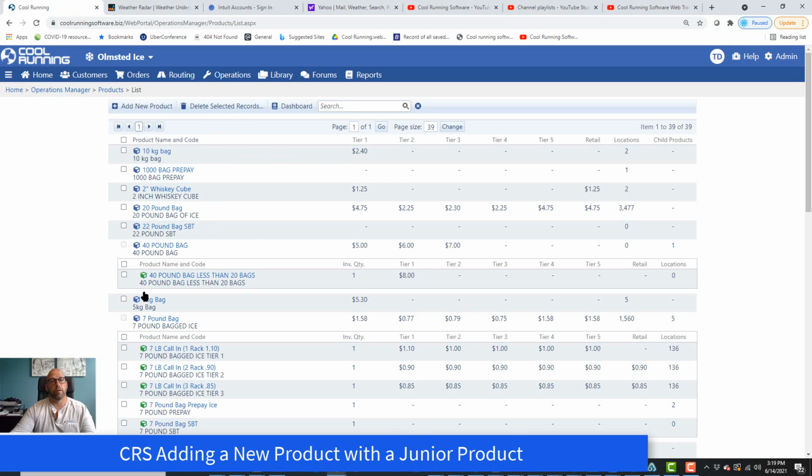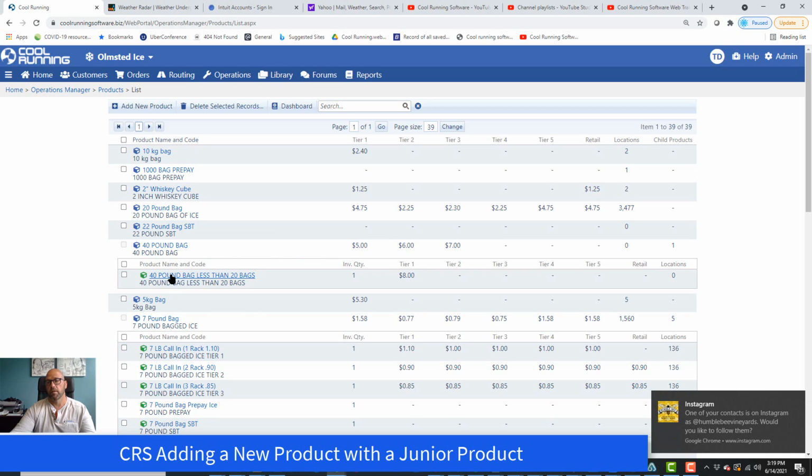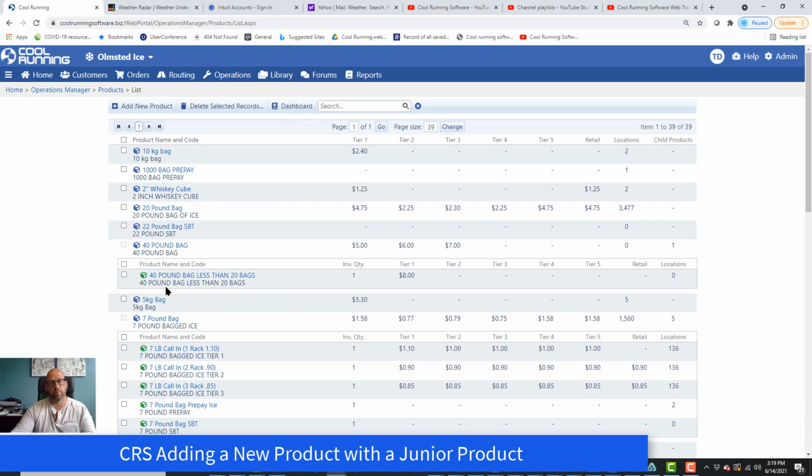Going back to the item list, you see we have a parent product, which a driver could choose, or if he chooses the junior product, it will show up with the correct price. So basically, that's what all that does. What I've just described to you is adding a product that has a parent and a junior product. In most cases, and I'm going to make another video,